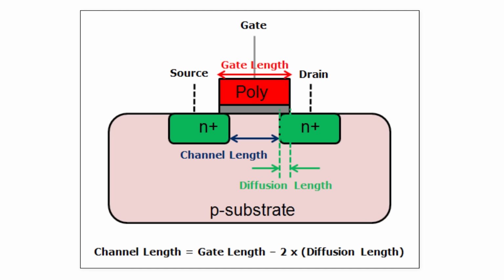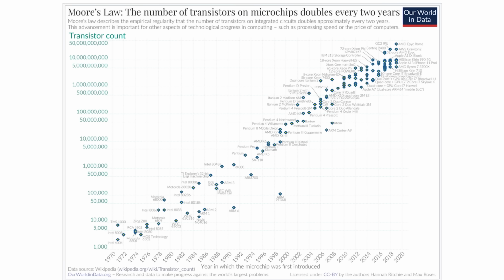So due to this fact, some are now focusing on transistor density, which is measured as transistors per square millimeter, because it directly reflects how many transistors can be packed into a given area, which correlates with chip performance. And these density improvements come from shrinking multiple features, not just the gate length.